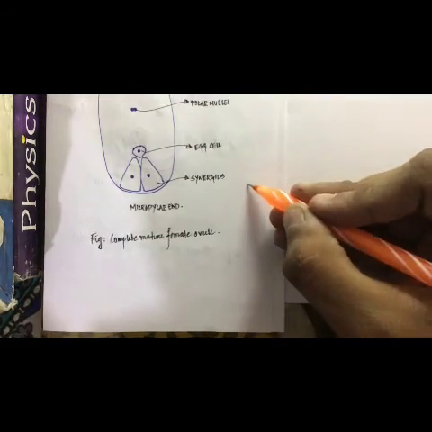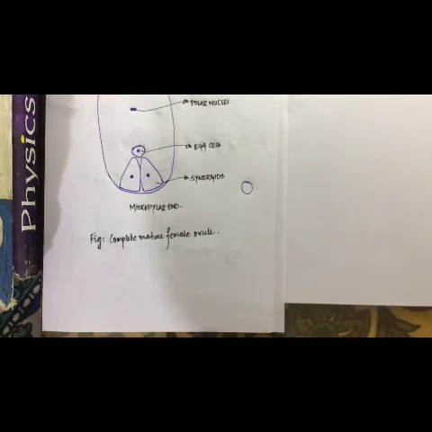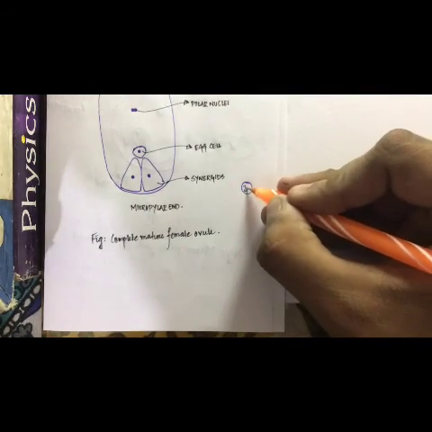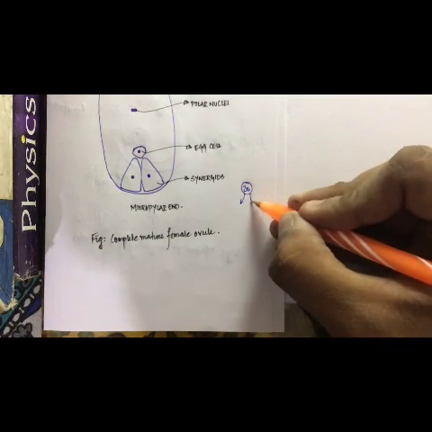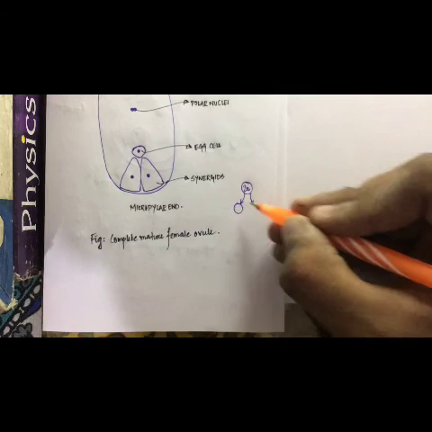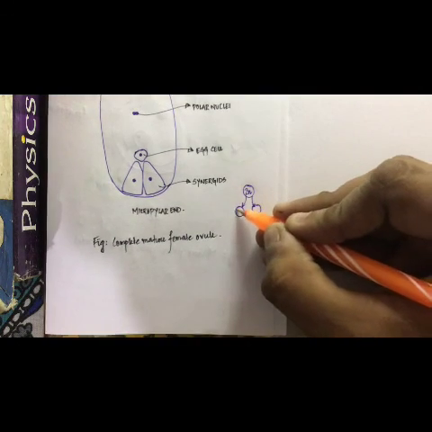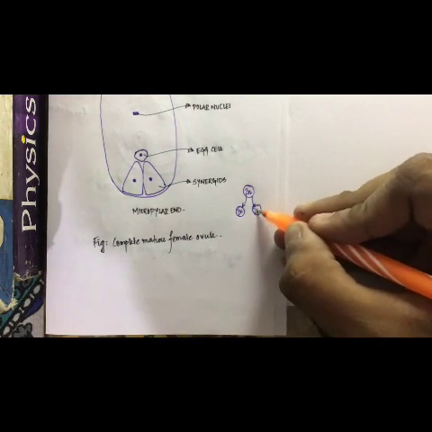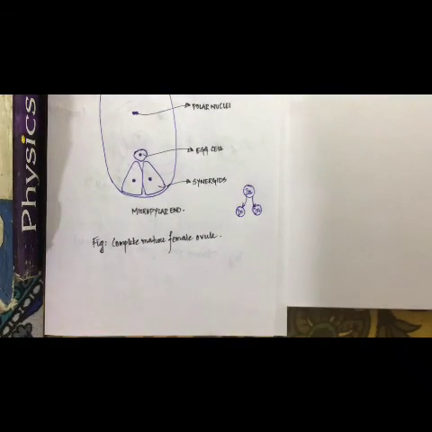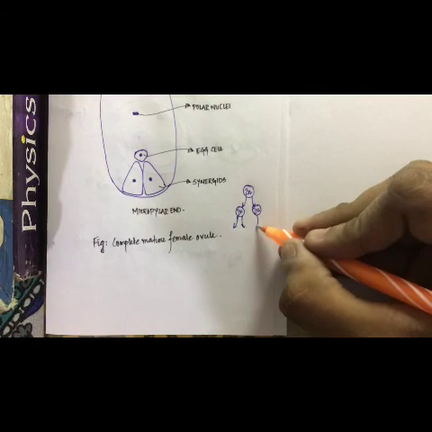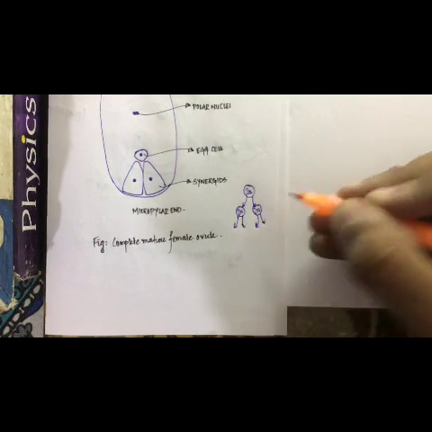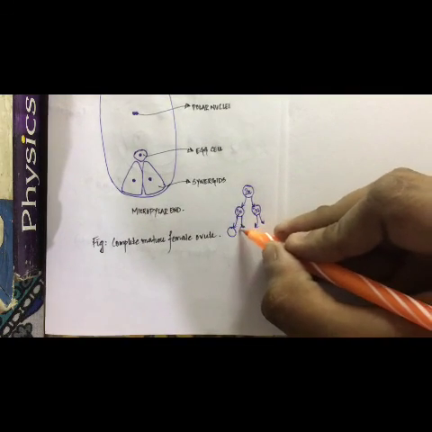Let us suppose we have a megaspore mother cell. This is a megaspore mother cell which is diploid. Clear? Now this megaspore mother cell undergoes meiosis. This is the first step of meiosis, where two cells are produced, each containing 2n number of chromosomes. And this is the second stage of meiosis, where each of these individual cells produces two new cells.